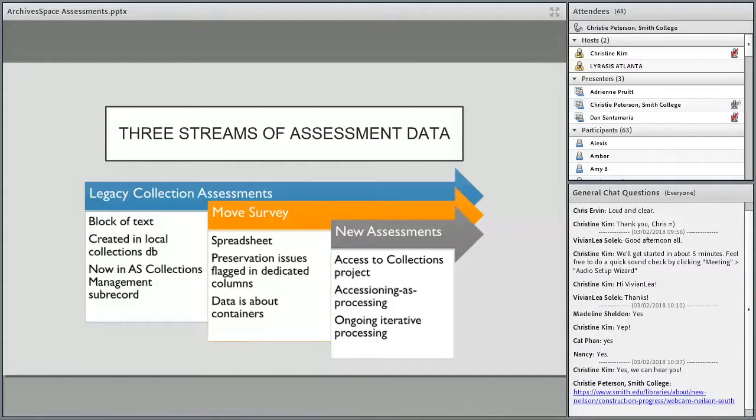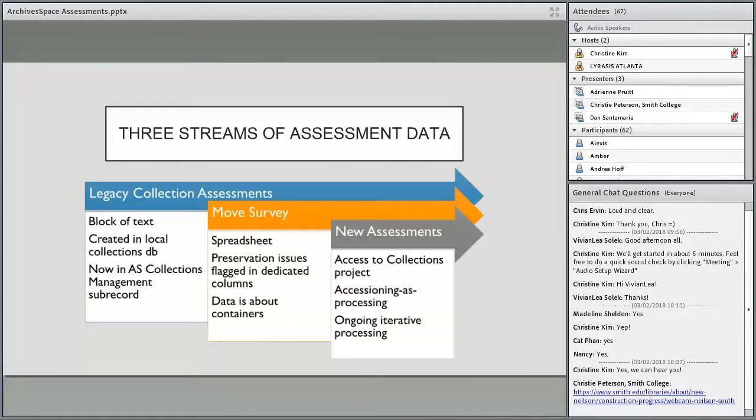And then new assessments. I think the majority of our data in here is going to come from new and ongoing assessments. We have this Access to Collections project, which is, in previous years, it would have been called a backlog project. It's going to be a 3-year project. I'm going to be posting 6 jobs, 5 that are term project positions and 1 that's a permanent one in the next few months. And we are going to bring those 3 streams of data all up to a minimum